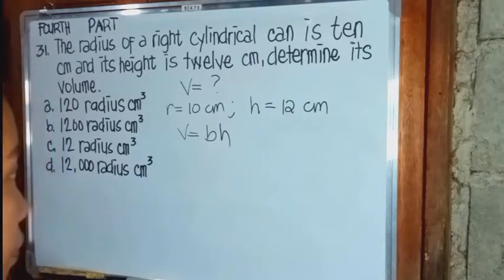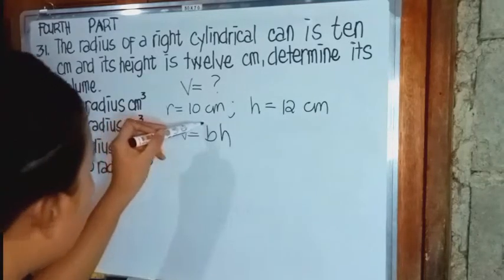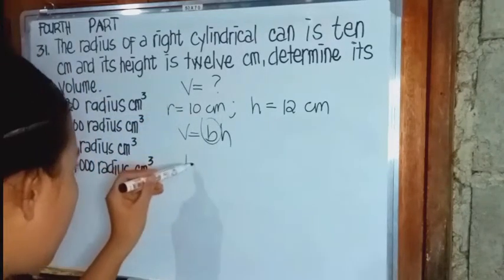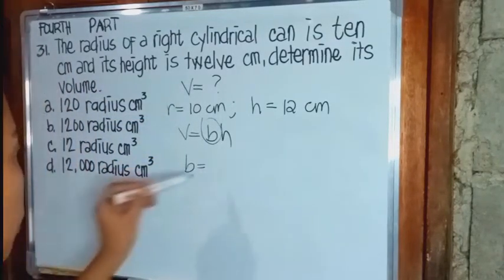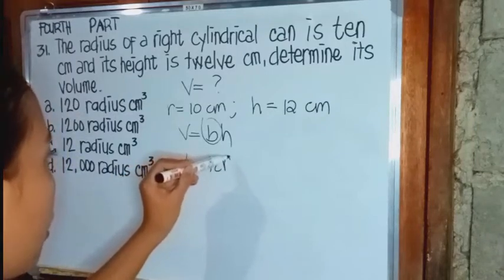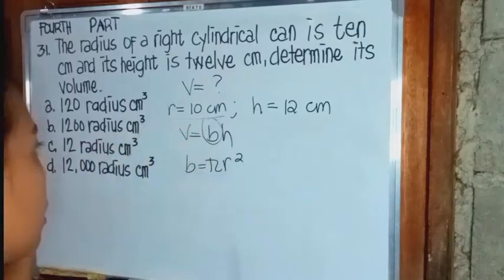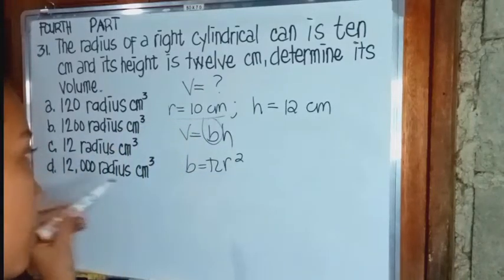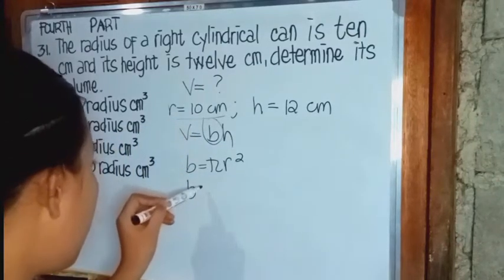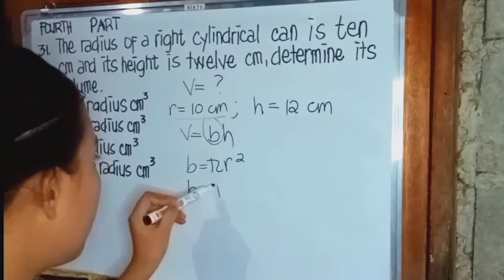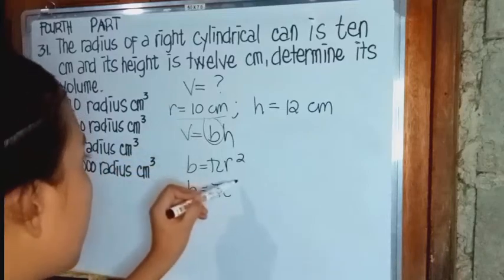We need to find first the value of the base. So the base formula is equal to pi r squared. Since the radius is already given, we can just substitute the value of radius in order to find the base. So pi times r squared, which is 10